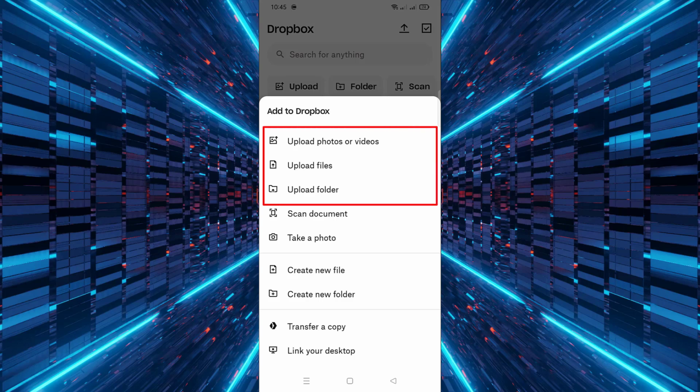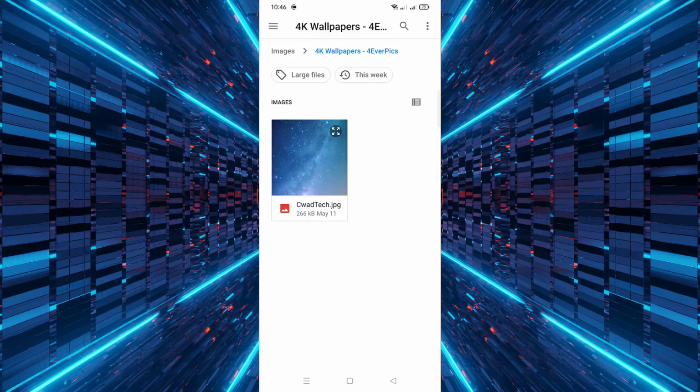You will see three options: upload photo or video, upload files, or upload folder. Choose the option that matches what you want to upload. After that, navigate through your device's storage to find the file, photo, video, or folder you want to add to